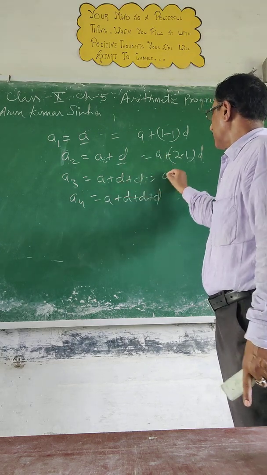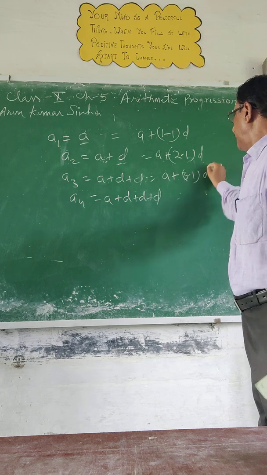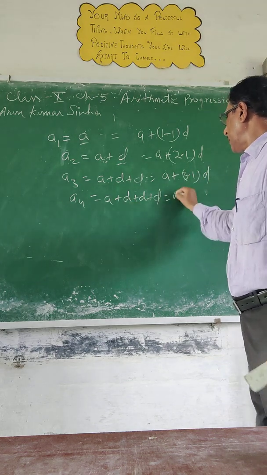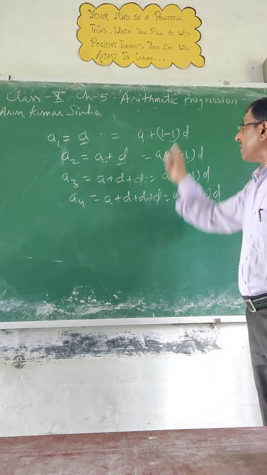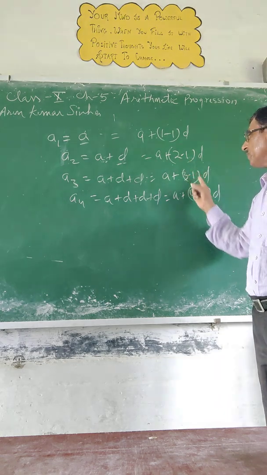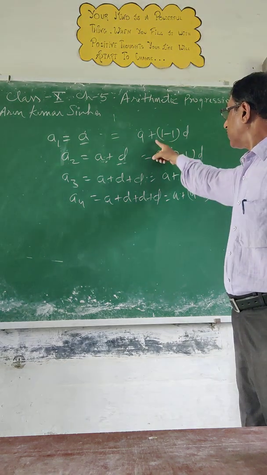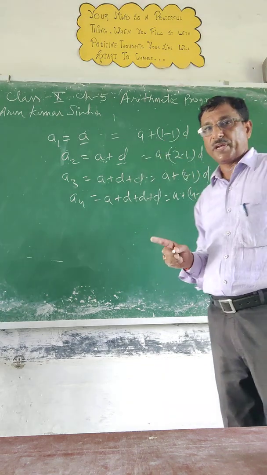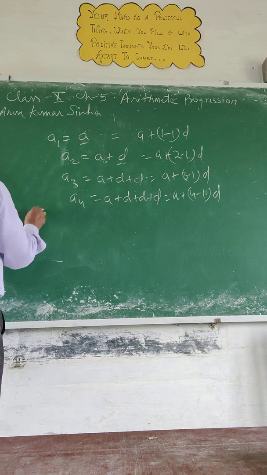D plus D. A plus, can you see 3... 3 minus 1, D. Here, A plus 4 minus 1, D. That means, in every step, you can see the term in term D, you are subtracting 1. Okay? You are subtracting 1. So, you can see this particular pattern is forming. In similar fashion or similar way, if you find the nth term,